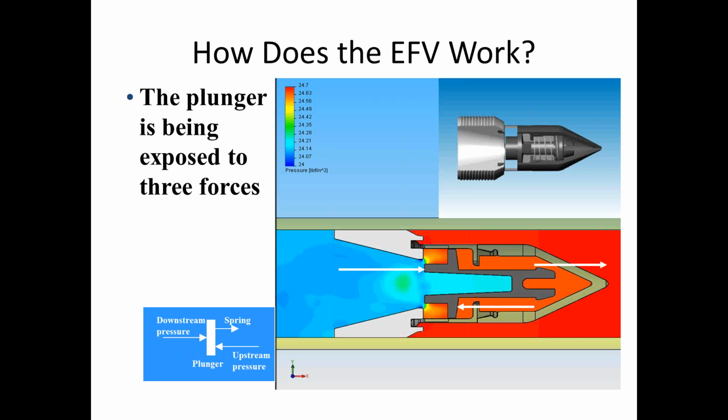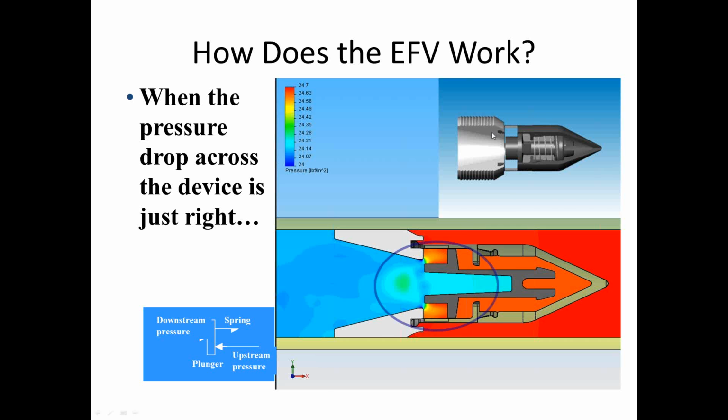freely through the device. As the flow increases, the pressure drop also increases. Remember we said as the velocity increases, the pressure drop also increases. So it decreases that downstream pressure area here on this arrow, decreasing the forces acting upon the plunger to hold it open. So what happens is when this pressure signature, or I guess when this pressure map gets to a particular signature is a better way to say it, and when the force produced by the downstream pressure added to the force produced by the spring becomes less than that force